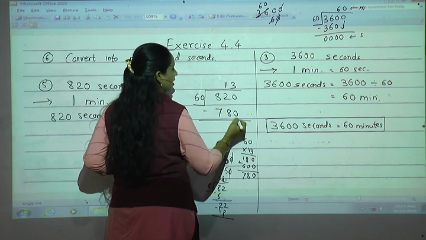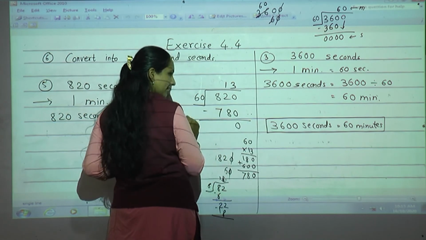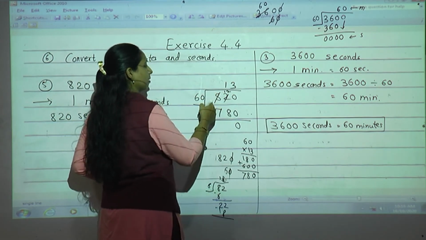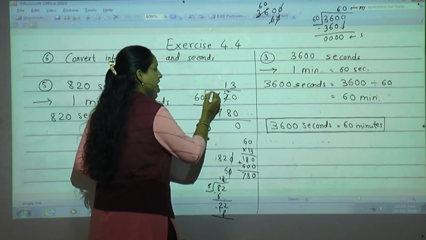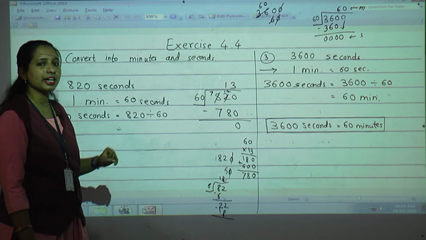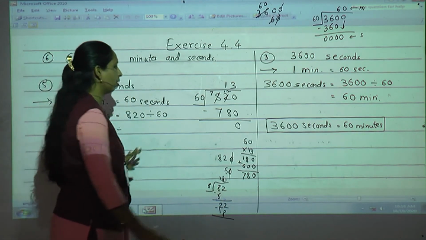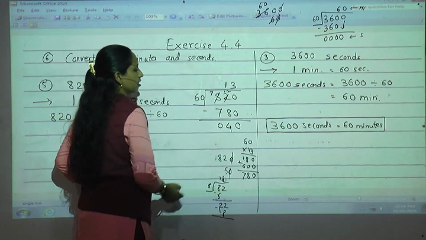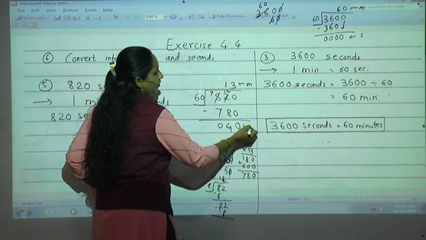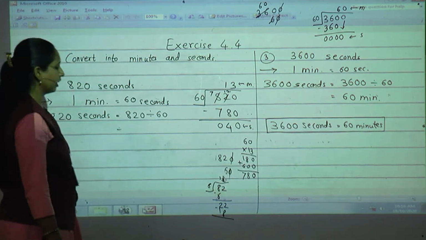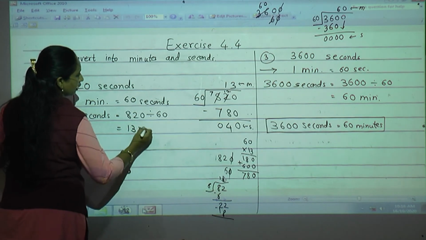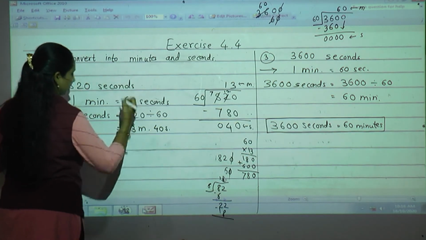Now we will subtract. 0 minus 0, 0. 2 minus 8, we can't do. Cut the 2, write as it is, take borrow from neighbor, neighbor is having 8, he will give 1, here 7 will remain. Now 12 minus 8, count after 8 till 12 comes, 8 after 9, 10, 11, 12. How many? 4. And here 0. This is what? Minutes. And the remainder will be seconds. Are you getting? Yes. So what is the answer here? 13 minutes and 40 seconds.